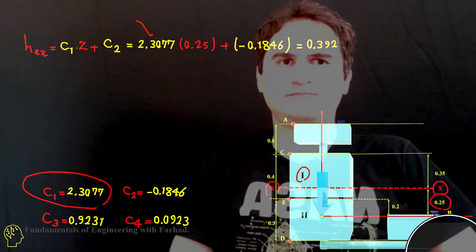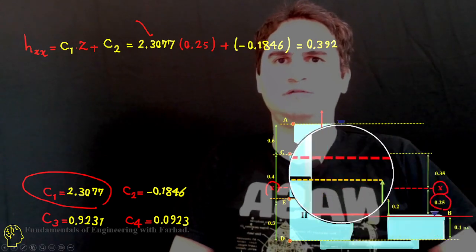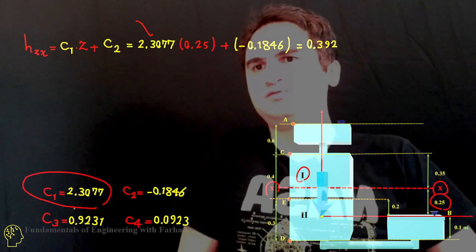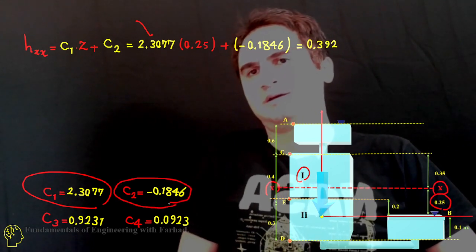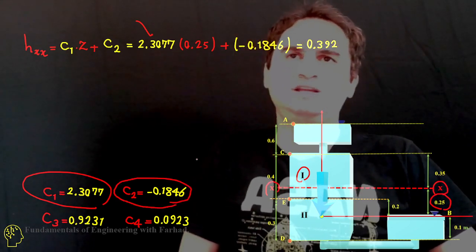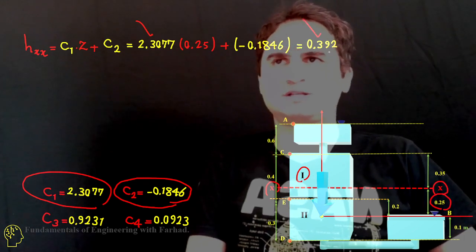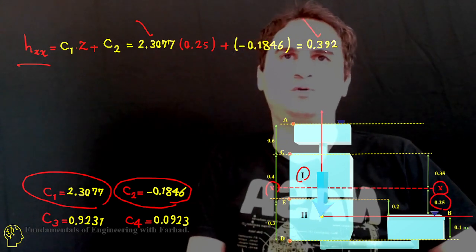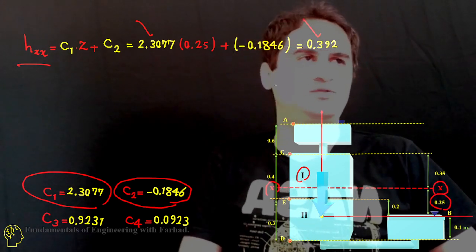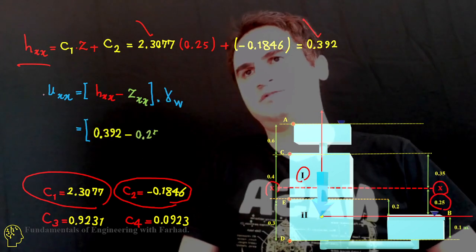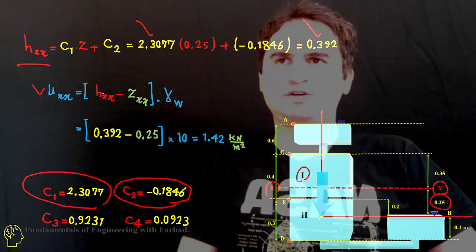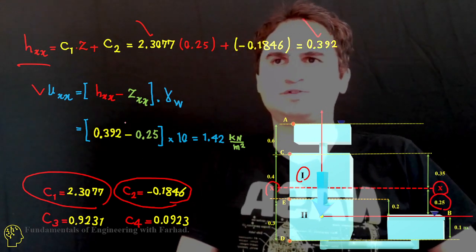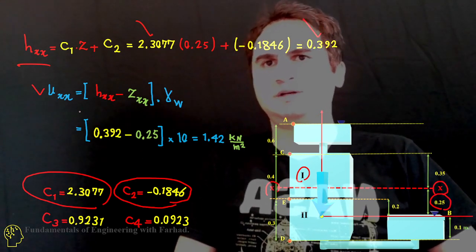That's our Z from the base point, XX height from base, plus C2, which is again negative 0.1846. And if you do so, it just gives you the head of water at line XX is equal to 0.392. And for calculation of water pressure, just HXX minus ZXX times gamma of water, it just gives you the